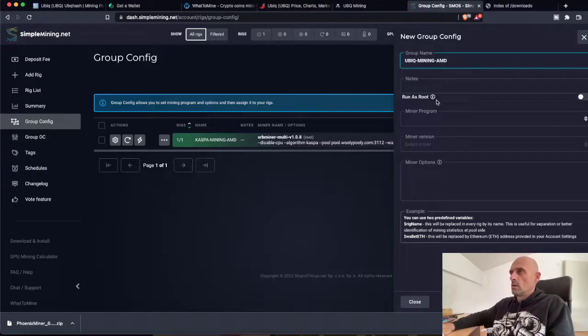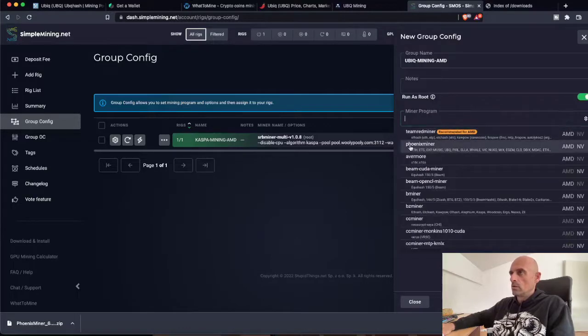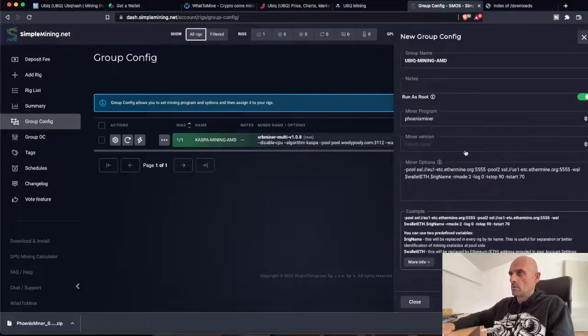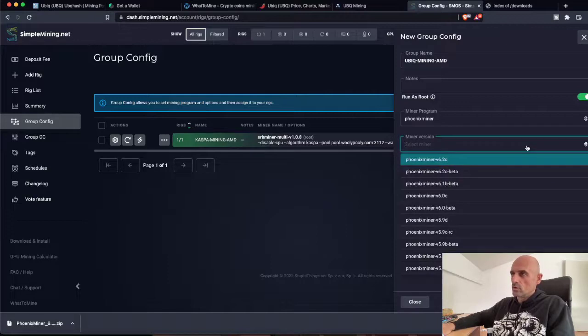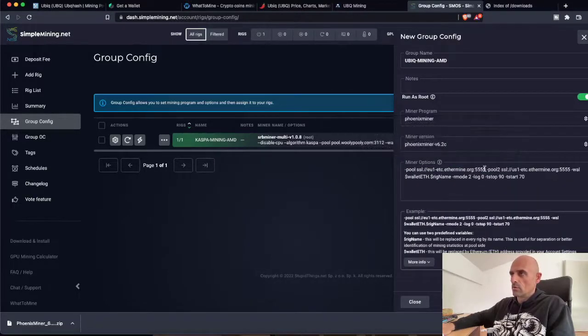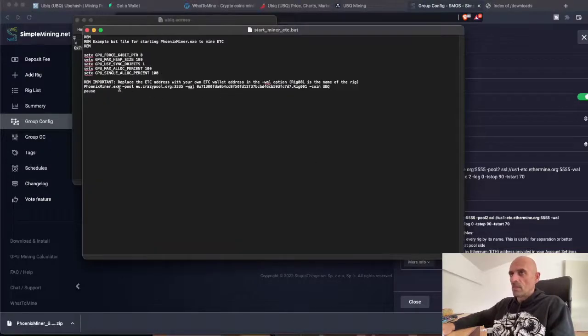And click this, run as root. Choose your miner, Phoenix Miner. Choose your version. 6.2c is the latest version. And now in this miner options, from the text file, copy